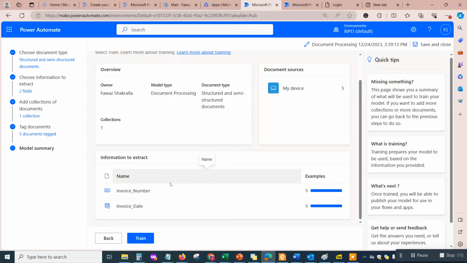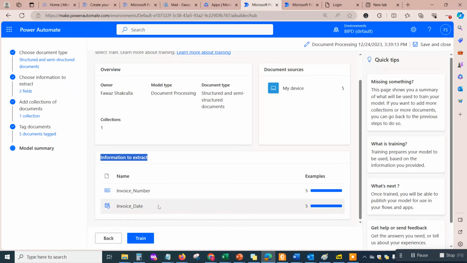Okay, the data points, which is the information I want the RPA engine to extract from the PDF files, is invoice number and invoice date, and I provided 5 examples from each single document which I uploaded, total of 5 documents in my collection. I have 5 invoice numbers and 5 invoice dates